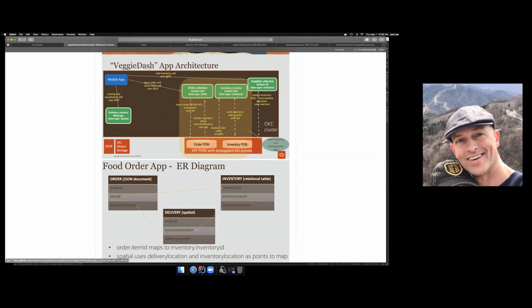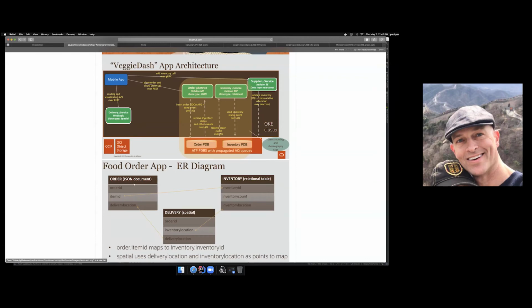And so this is a DoorDash, VeggieDash type app that we're using for the use case. And one of the things this app shows is the Converged Database features as far as data types. And so the basic flow of the core part of the app is a customer placing an order, and then that order being checked in inventory to see if that order item exists, or if inventory for that item exists. And if it does, then the order is successful. If not, it fails. And then if it's successful, we can see the delivery information.